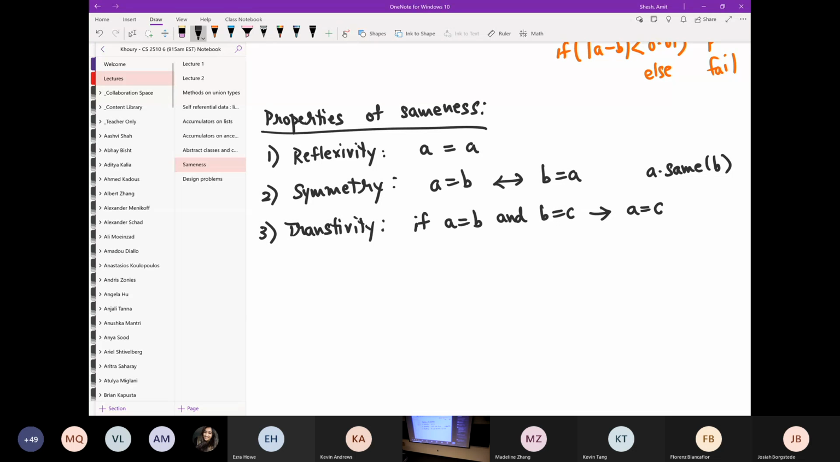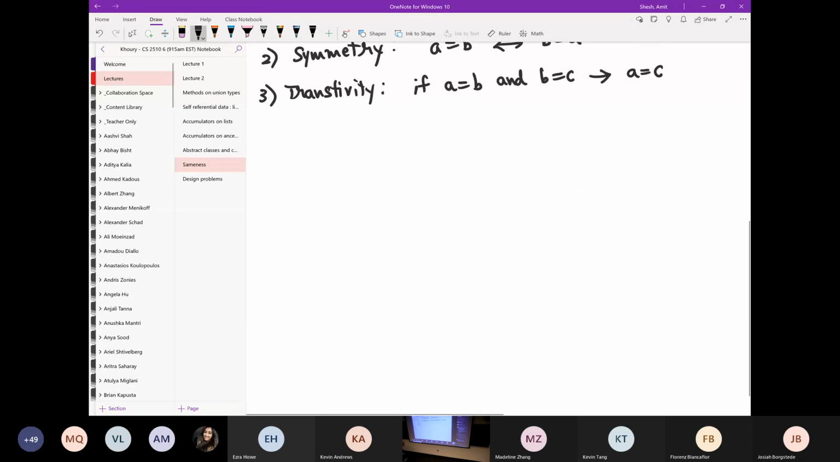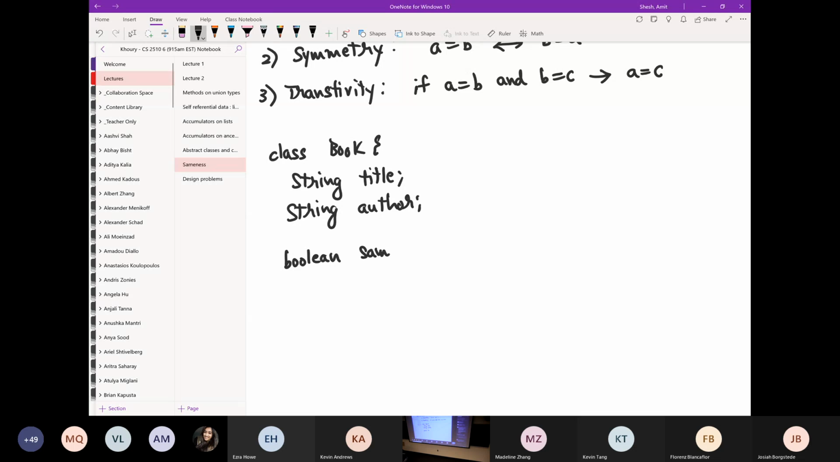We can verify that for equals equals, this actually holds true. What about for our book class? We have a book that has a title, and for simplicity, I'm saying author. So two books are the same if they have the same title and the same author. How do I know if they have the same title? Well, it's a string. I have a way of knowing whether they are the same or not. Same for the author. So if I write a method, same, taking a book other,